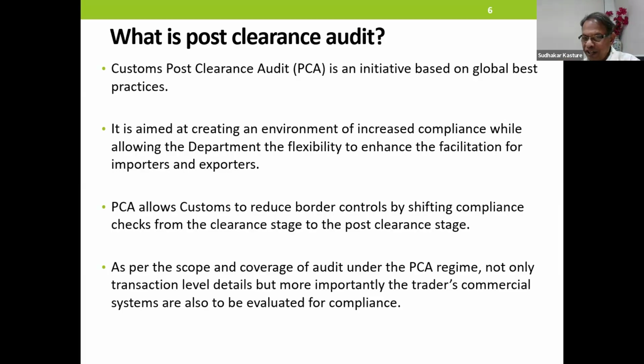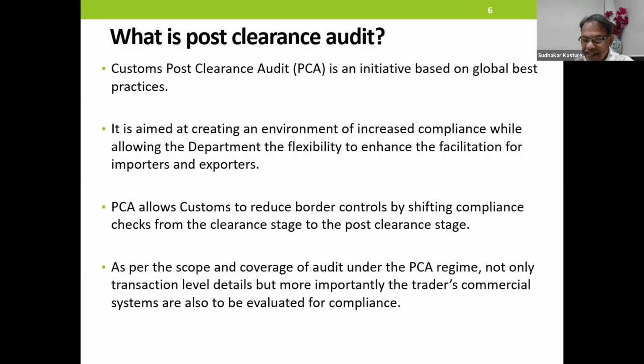PCA allows customs to reduce border controls by shifting compliance checks from the clearance stage to the post-clearance stage. And this is more evident if you are AEO Tier 1, Tier 2, Tier 3. As per the scope and coverage of audit under PCA regime, this is most important.